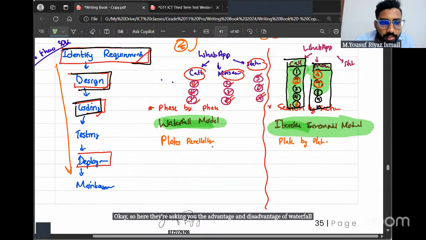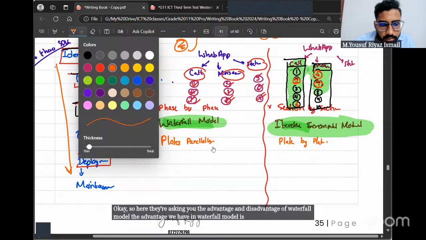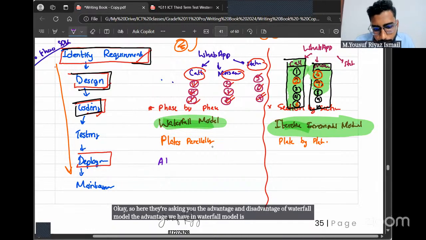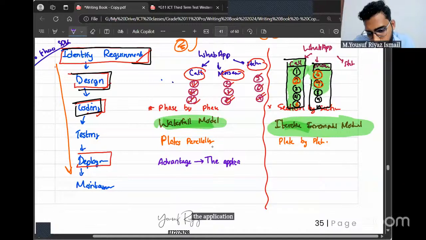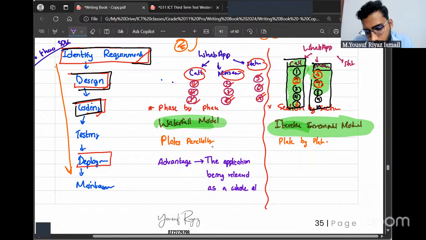Now, the advantage we have in waterfall model is the application being released as a whole at once.